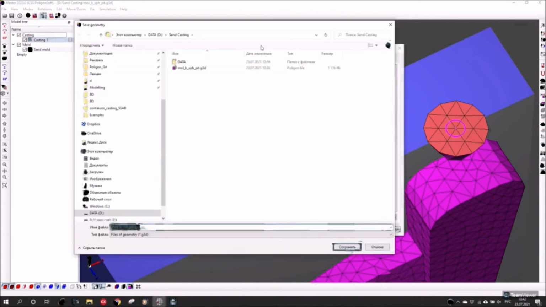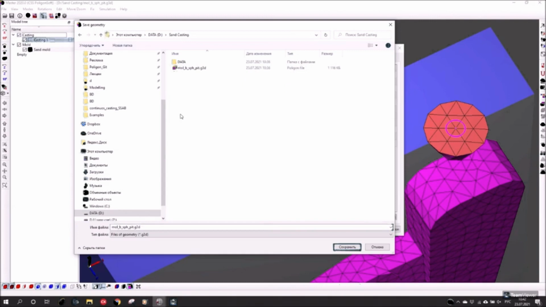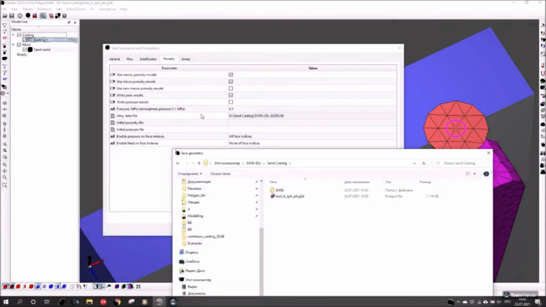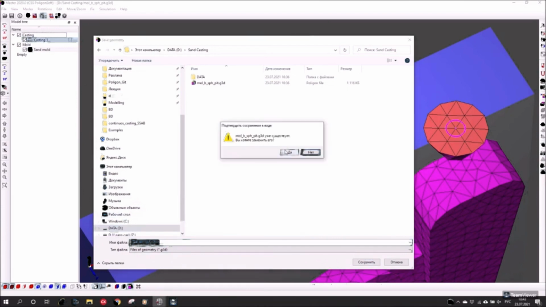I will press the simulation button. I can select or create a folder for my project, for example, sand casting, and here I can select a name for my project, or I can use this default name. So when I save it, all files, for example, a load data file and mold package and heat transfer package, all templates of my process will be saved here in the data folder. Later, I can copy this project file and this data folder to my USB flash card and go to another computer and run simulation there. So now I will press copy